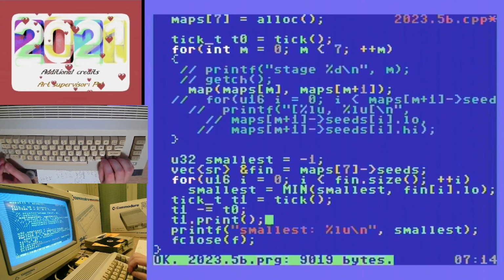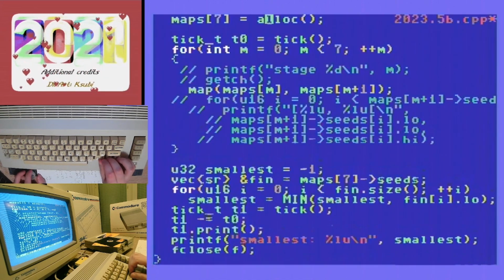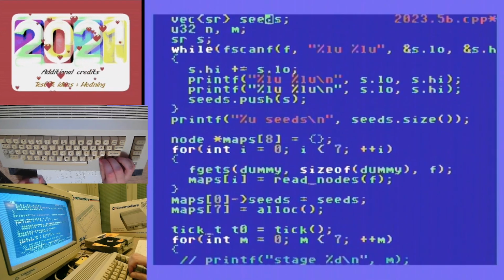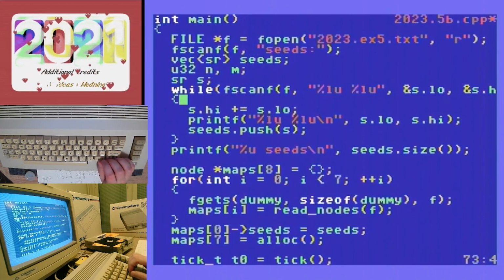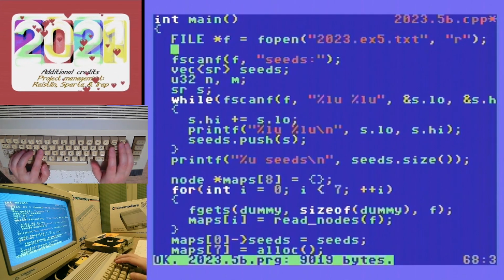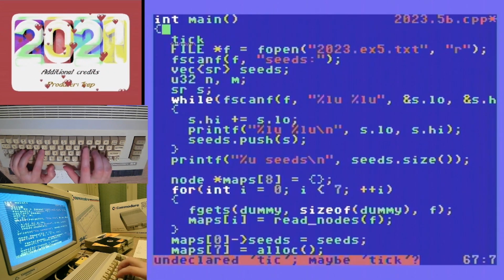Yeah, okay. So now I'm measuring only the computation. Basically, the time that it takes to build the binary tree, that is the file. This is disk I/O. Actually, yeah, let's measure this one. Tick